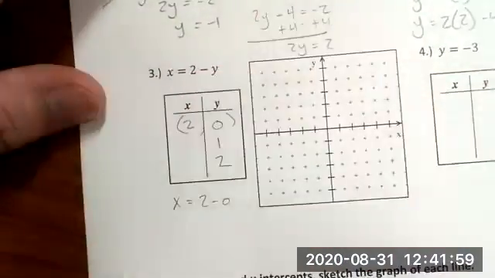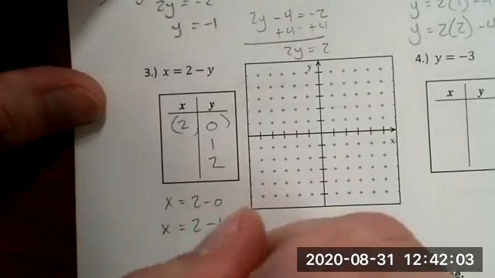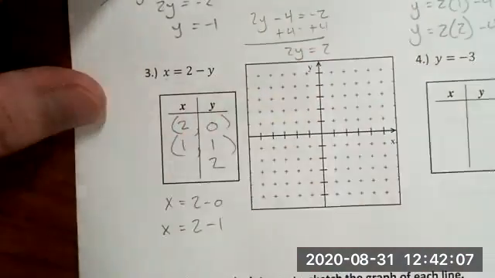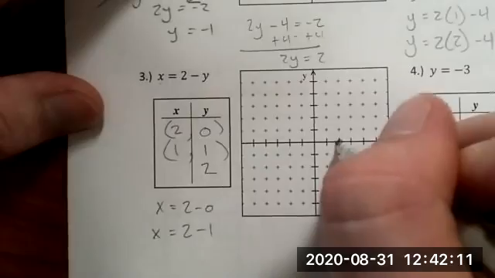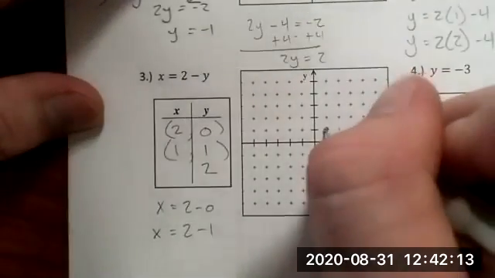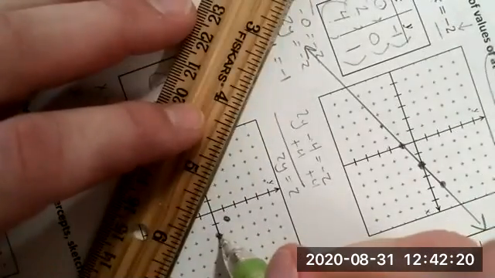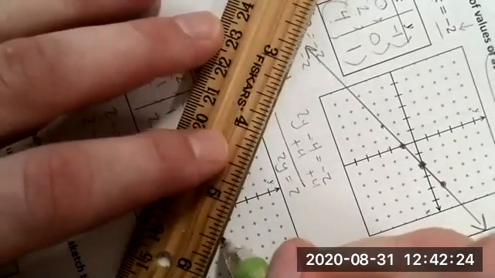So that means that when x is 2, y is 0. X equals 2 minus 1. So that means that when y is 1, x is 1. All right, now I'm going to try something crazy here. I'm going to plot 2, 0 and 1, 1 first. Now, I hope that this doesn't make everybody mad at me, but one of the reasons I like to explore this as an option